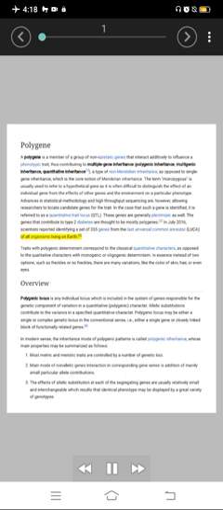Traits with polygenic determinism correspond to the classical quantitative characters, as opposed to the qualitative characters with monogenic or oligogenic determinism. In essence, instead of two options, such as freckles or no freckles, there are many variations, like the color of skin, hair, or even eyes. Overview. A polygenic locus is any individual locus which is included in the system of genes responsible for the genetic component of variation in a quantitative polygenic character.